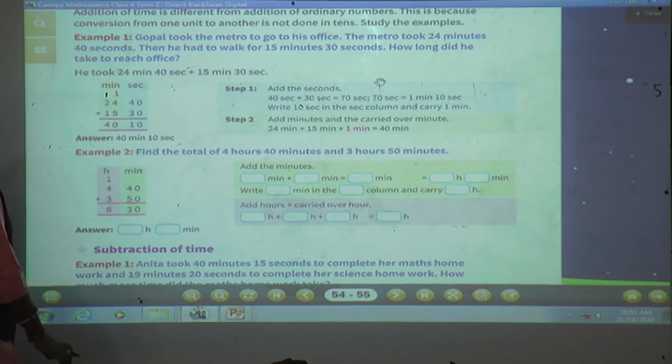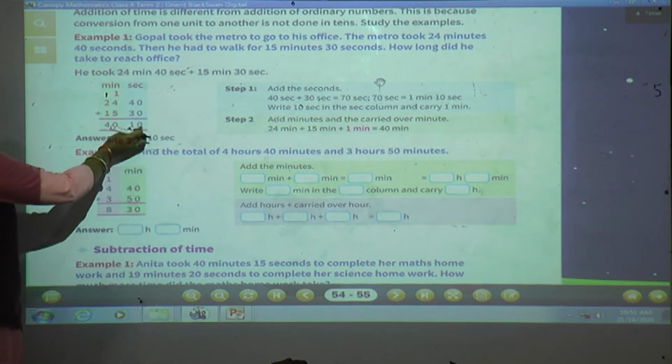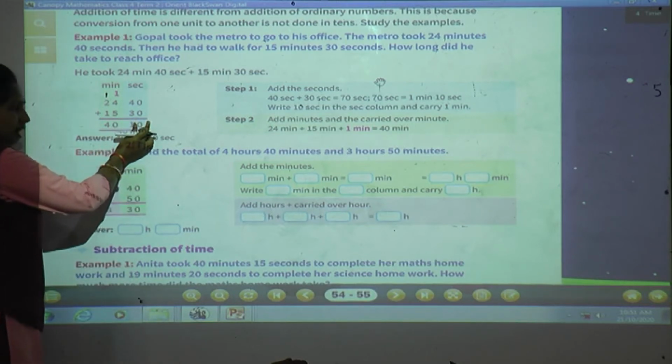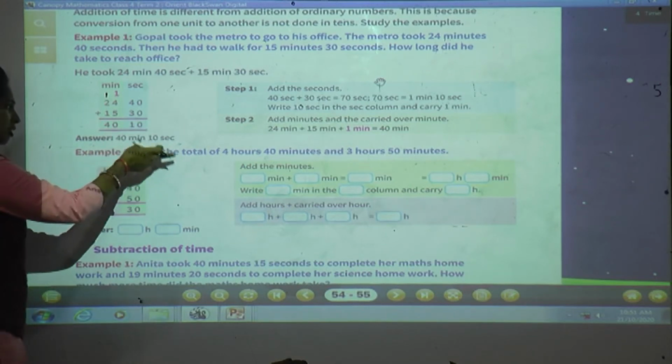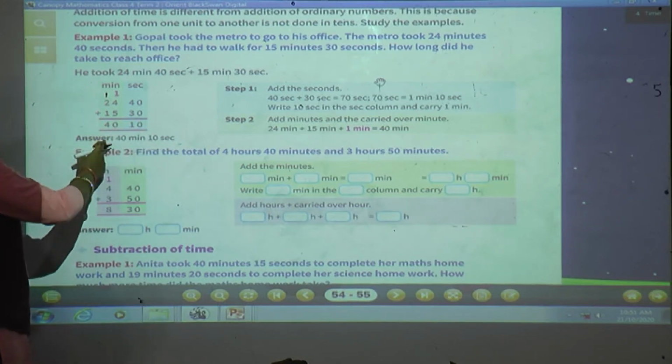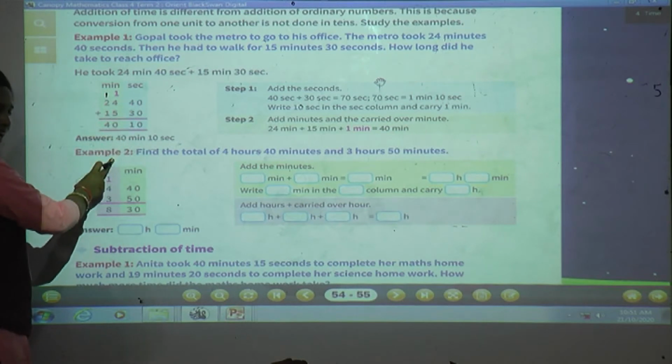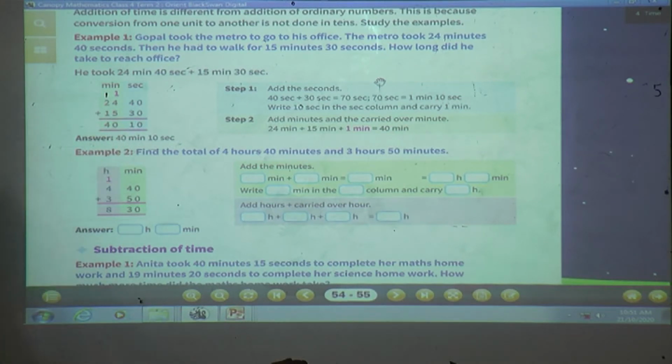So if you do directly like ordinary number, ones place addition, tens place addition, it doesn't work out. So if above 60 is coming in seconds, you need to convert it. Okay, you can do in this way also, or else you can write here directly. You can do the addition, then later on also you can convert. So better you go with this process only. We will solve in two ways while solving our exercise.